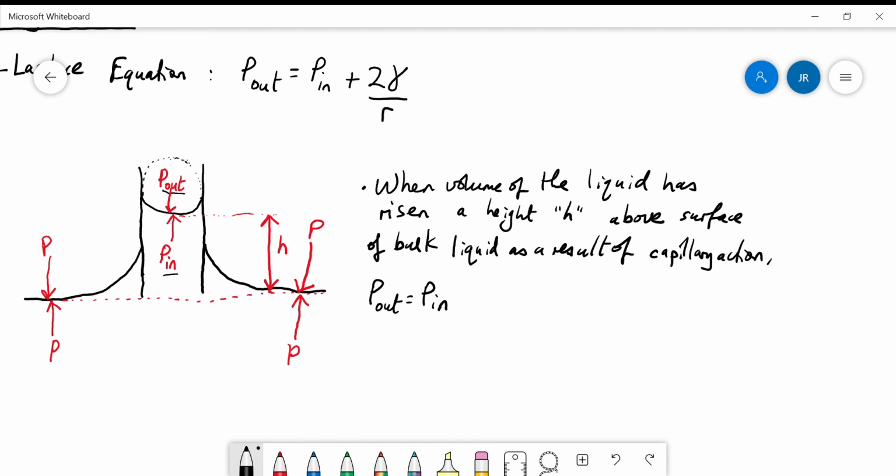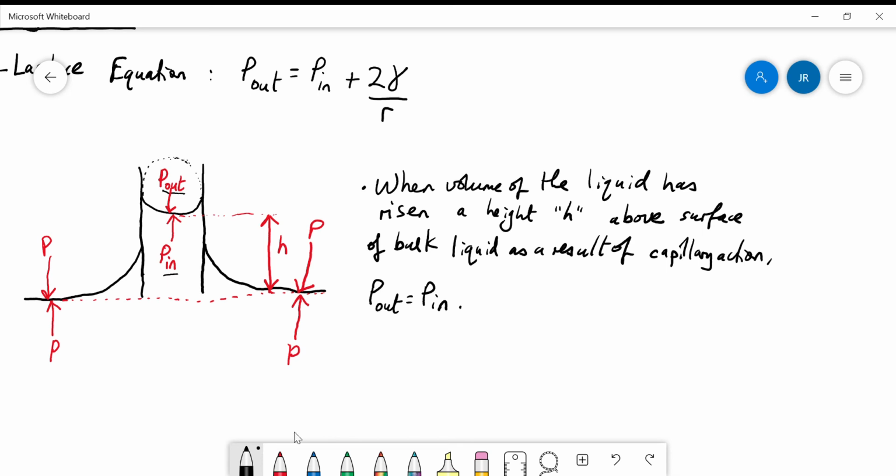And we would have in our pseudo bubble here, we only see the bottom of it. I've added a dashed line here to make it look like a bubble. The radius of that bubble would be fixed. Actually, the radius would be fixed anyway. But more importantly, the height is not changing. That would be a better, clearer way to think of it. The height is not changing. Okay. So if we assume that P out equals P in,